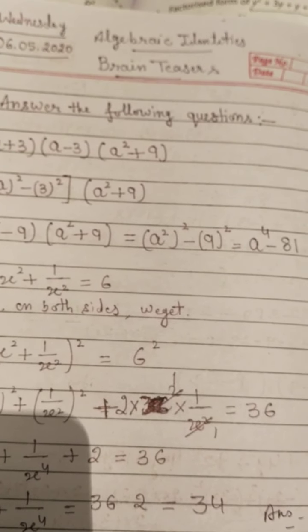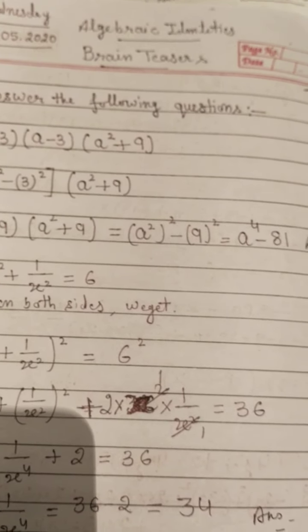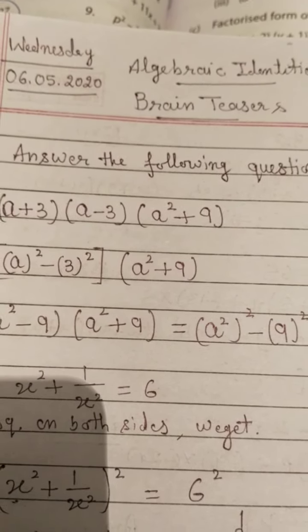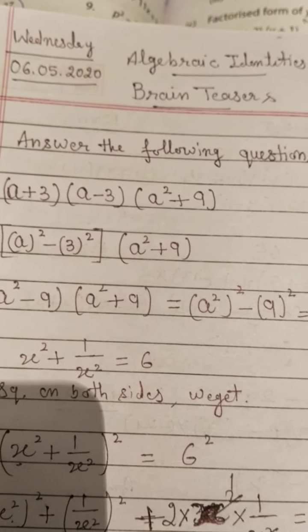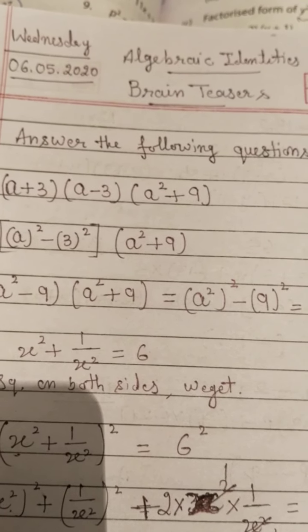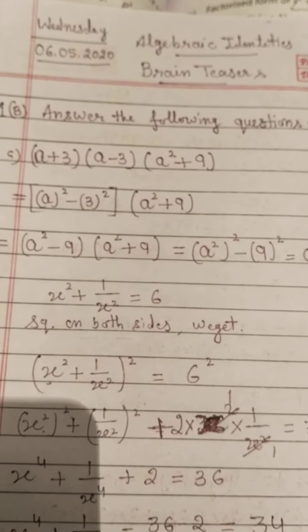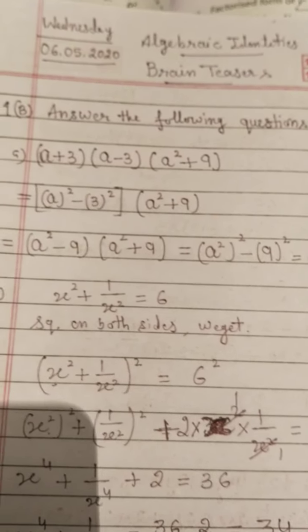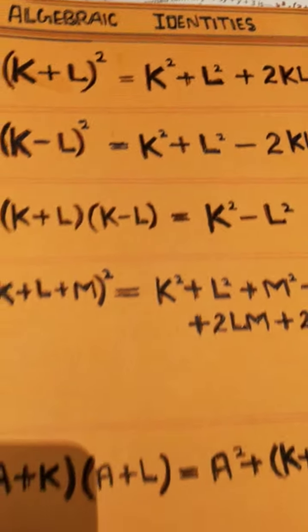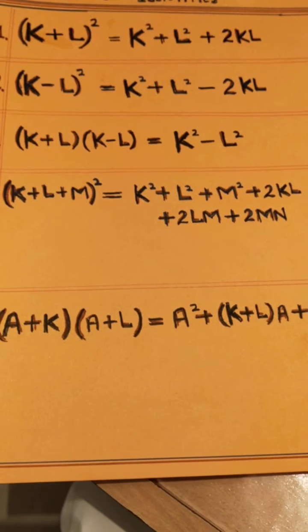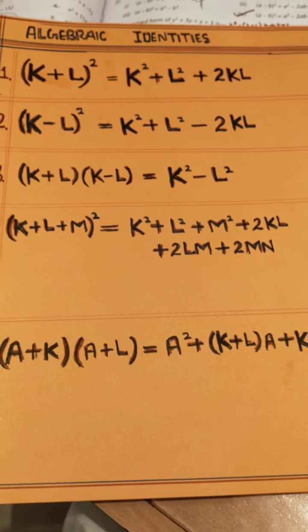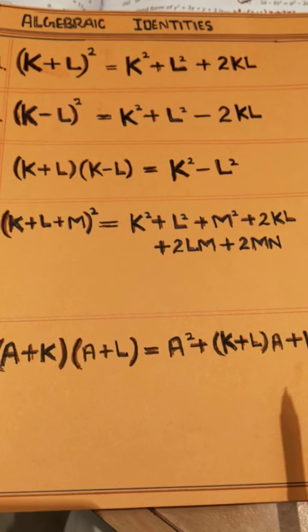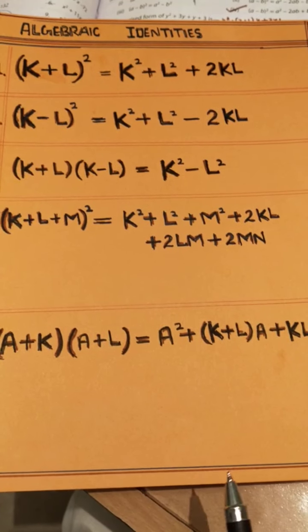So we have almost completed all the worksheets of algebraic identities. Today I will go for the Brain Integers of algebraic identities, only the first sum, A and B parts of Brain Integers. Before going to Brain Integers, I will show you one activity which I have completed. It is homework for you. Before Saturday you have to complete this small worksheet activity.